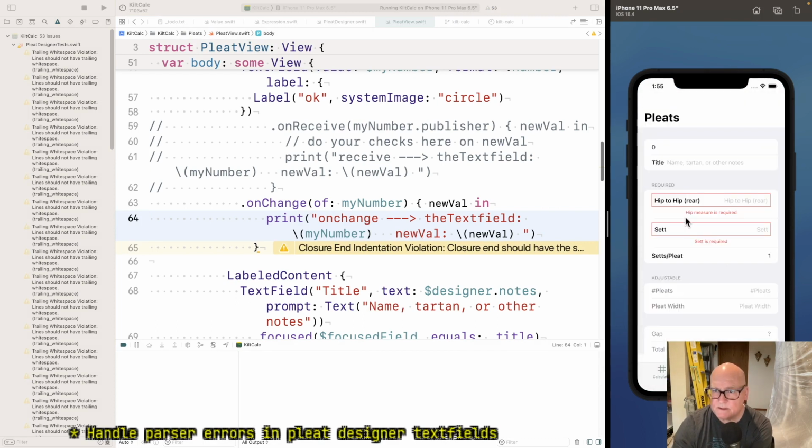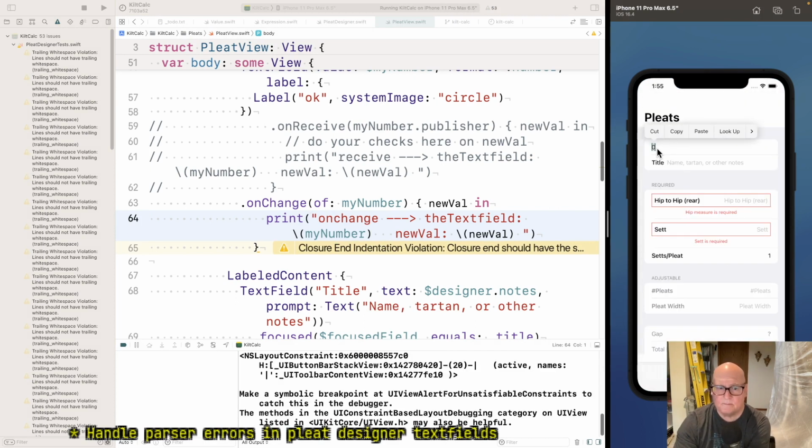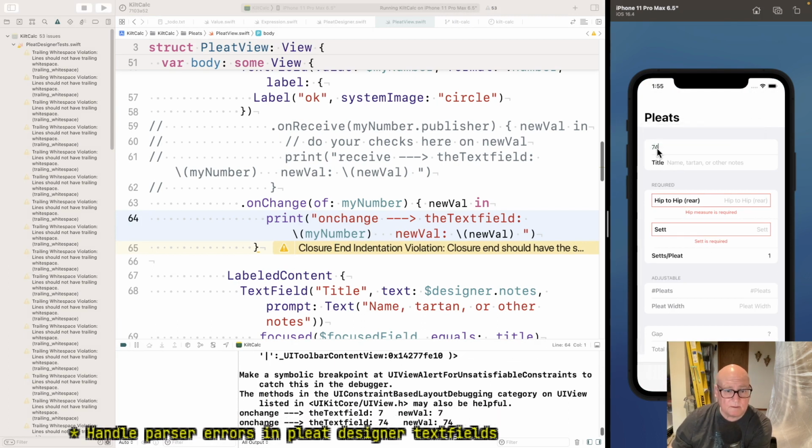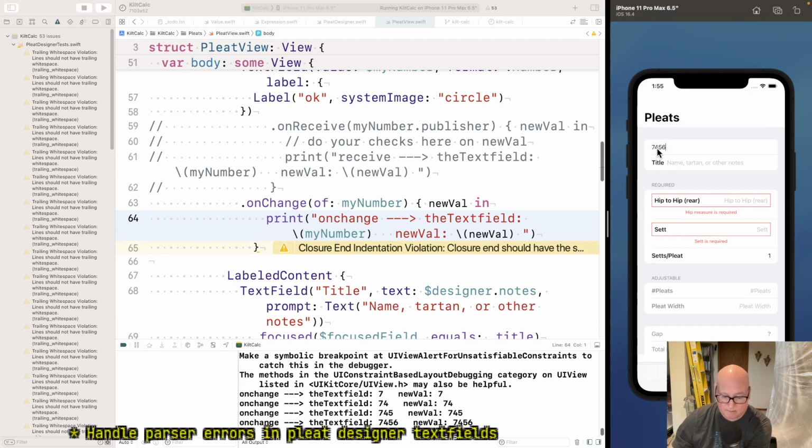I think this is what we're already seeing. Okay, 7 for X. Oh man, just when you want it to be helpful, we don't get an on change.